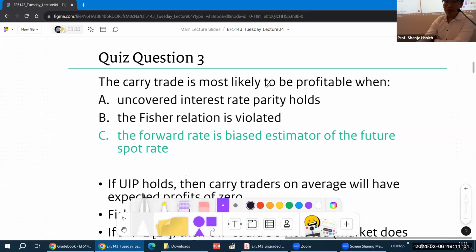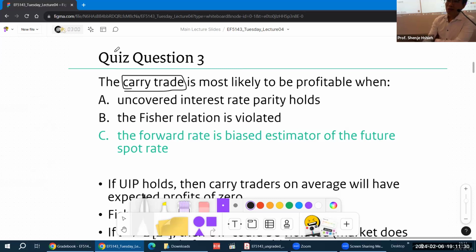Quiz question 3. The carry trade is most likely to be profitable when A, uncovered interest rate parity holds, B, the Fisher relation is violated, or C, the forward rate is a biased estimator of the future spot rate. Okay, so carry trade. Check the last slide of the previous lecture. I gave you a whole definition of what that is, but to summarize,